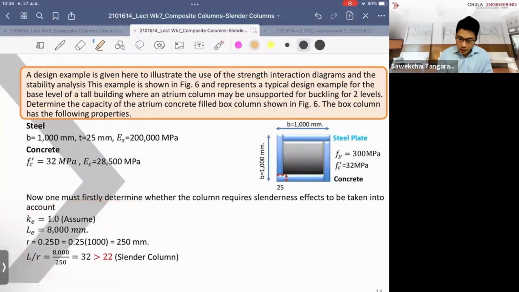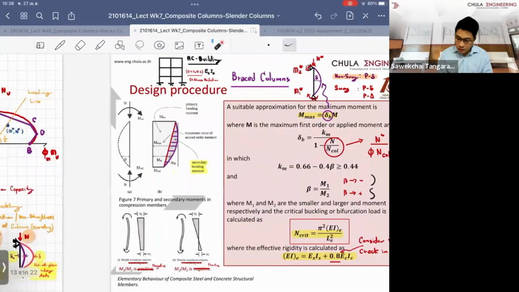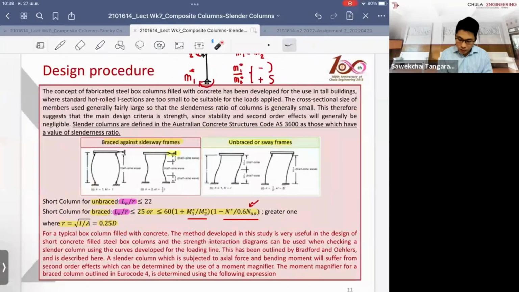In this case, they're saying that this is slender, right? It doesn't tell you how much axial force has been given, but to be more conservative, normally we use 25. I will tell you the limit that we keep using from the code,